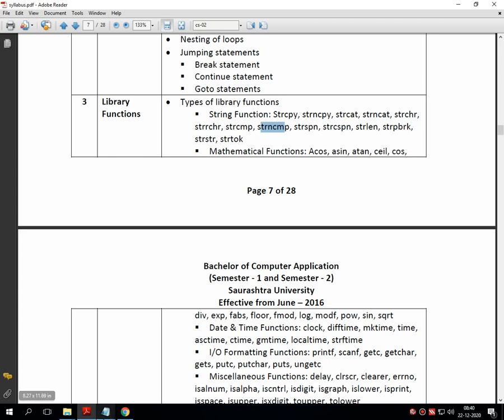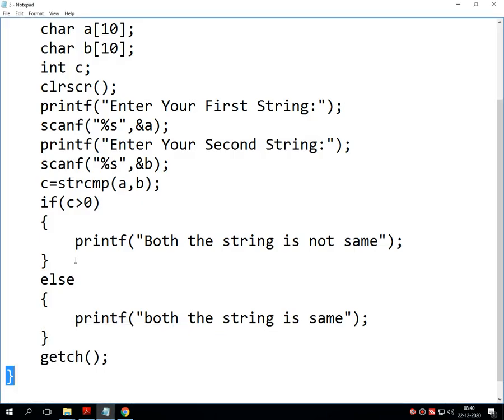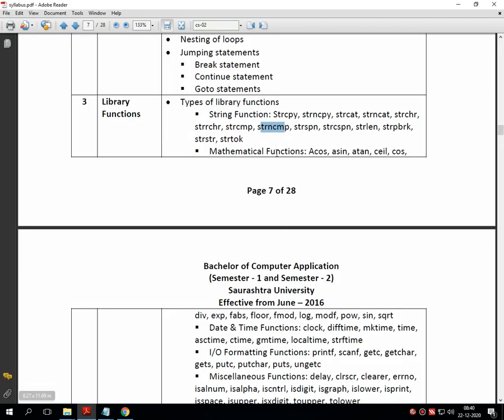Simply by modifying one character over here, you can write down the program for strncmp. We are not going to implement this right now. Just put strncmp in this program and you can see the output.